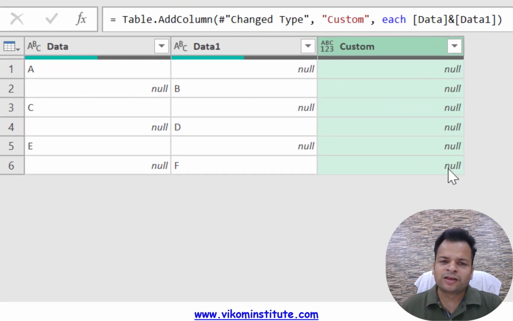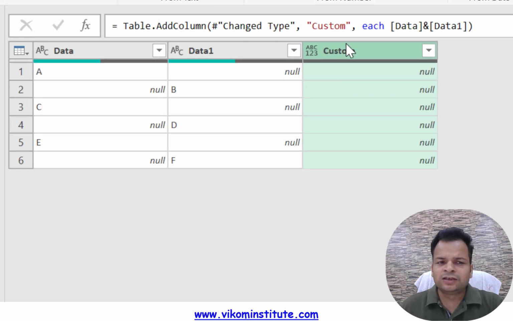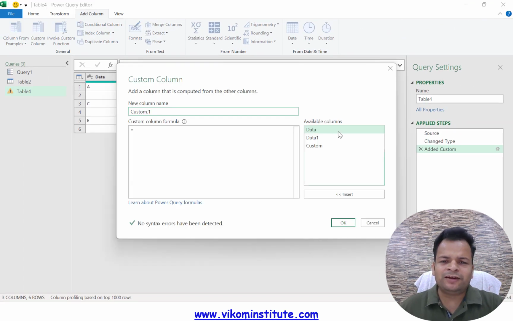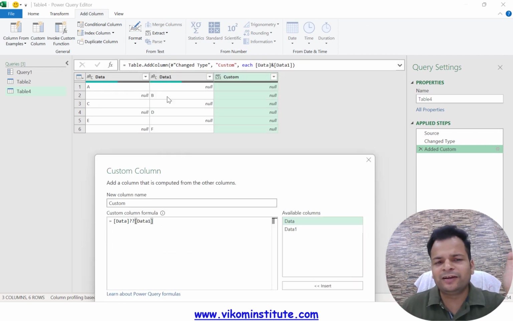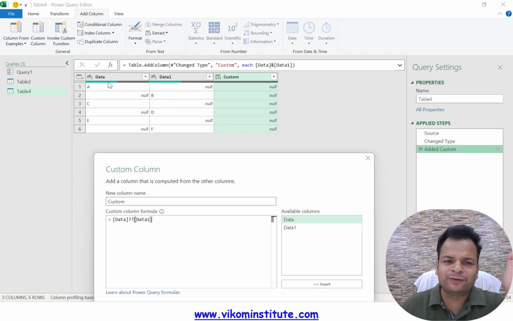Now for the coalesce operator, we simply need to replace this AND with a double question mark. Coalesce operator means you can now concatenate null with text. It will give you the left text; if there is no text on the left, it will give you the right one.